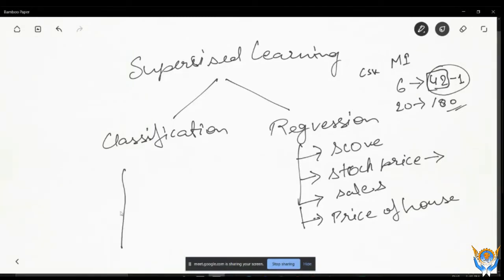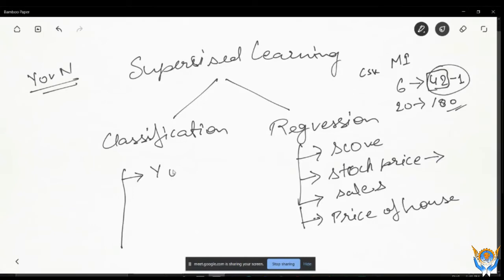Okay, in contrast, what is the classification problem? A classification problem is basically when you have to classify between some classes. Okay, when you have to predict some classes. Suppose you have different kinds of classes. So basically, what are the classes, like in the previous page, we learned that we have to predict whether the person is having cancer or not. Okay, so yes or no. So yes or no is basically your classes.